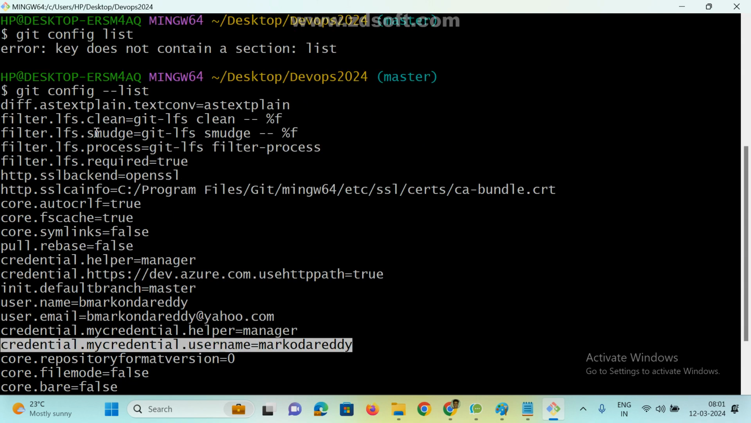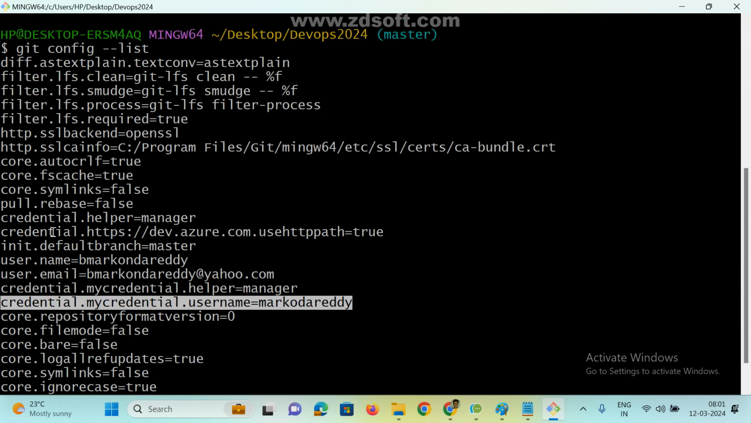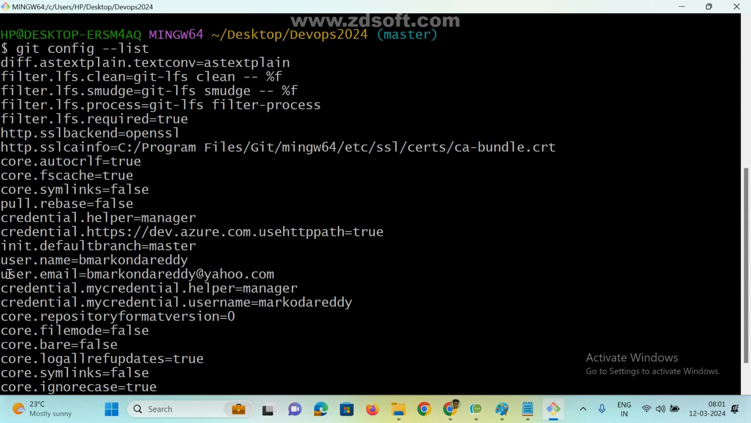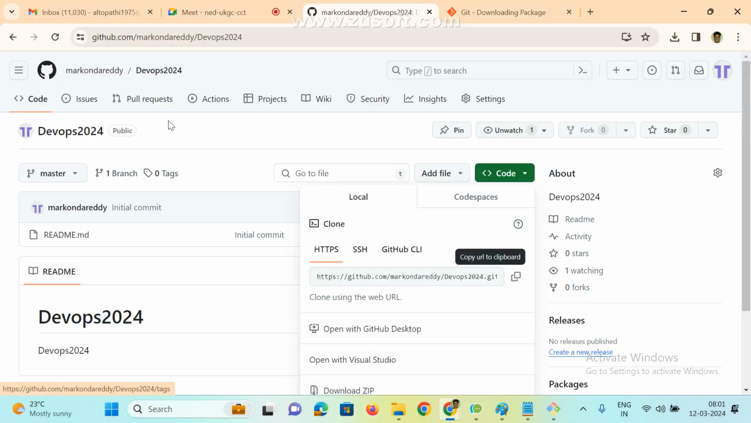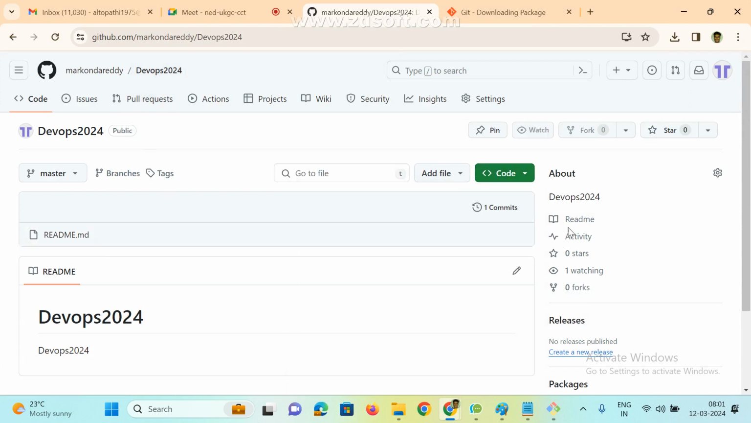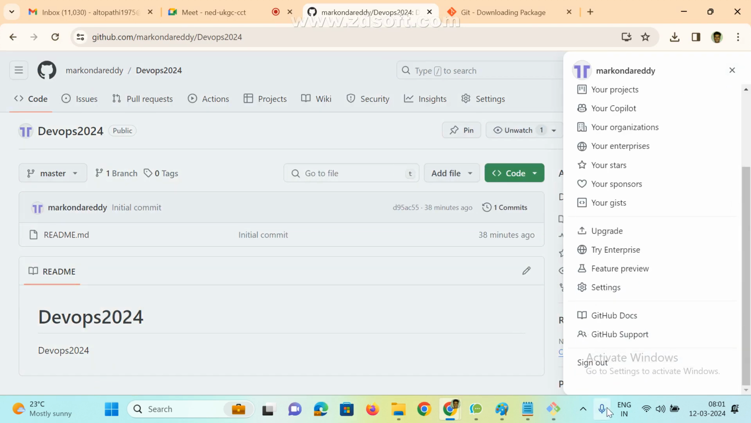This is a list command. If you want to, we can check what are the users already configured. Okay, invalid username means let me again one more time click on this, go to here where we created settings,